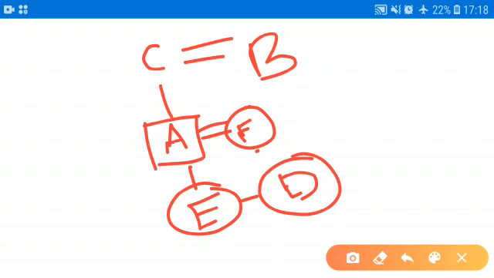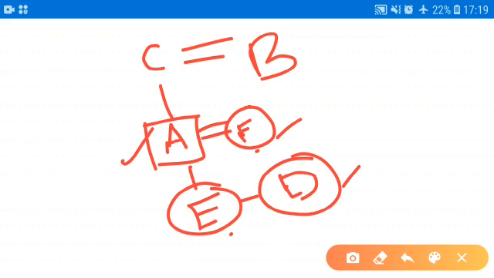Now, here for the first question, open the PDF. You just check it. I am just telling you from the reading who the male members in the family are. A is a male member. F, D and E are female members. But do we know about C and B? No, we don't know about C and B. So the correct answer for this question will be can't be determined. Option D will be the correct answer for question number 9.